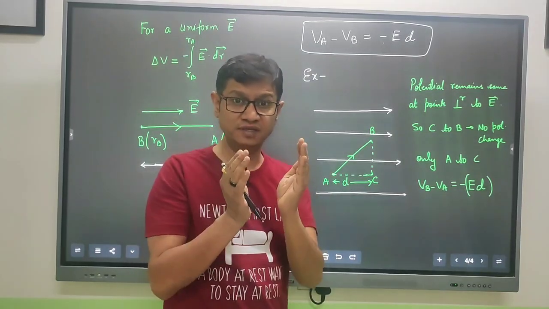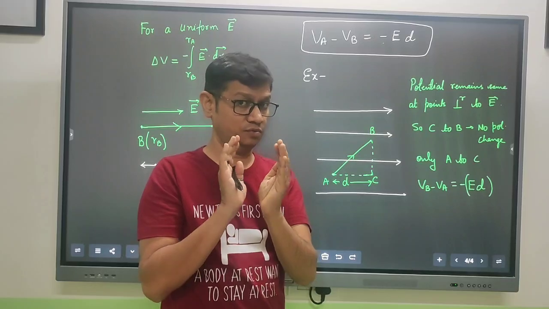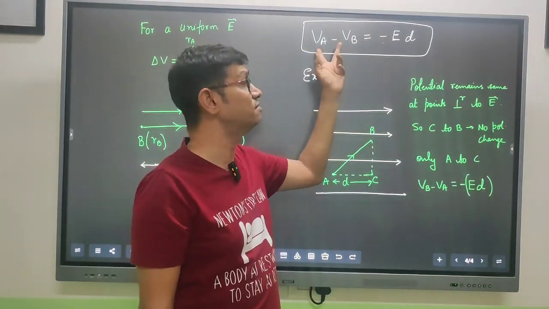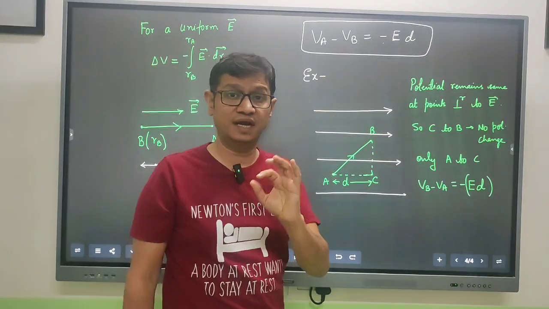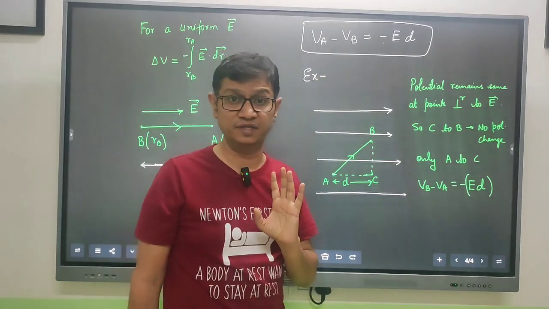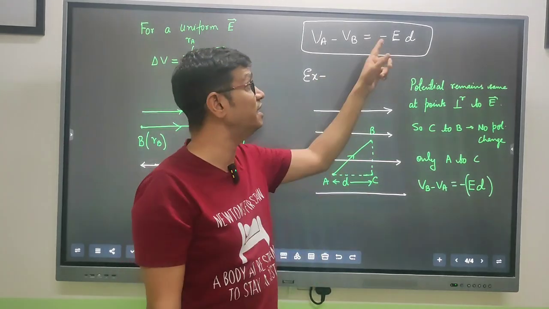So when you're talking about difference, positive and negative is not that important, right? Understand? So difference, you are mainly concerned with a value, and the value would always be E into D. आप इलेक्ट्रिक फील्ड लो, D से मल्टीप्लाई कर दो, you will get the potential difference. अगर पूछा जाए कौन सा पॉइंट ज्यादा पोटेंशियल पे है, कौन सा लोअर पोटेंशियल पे, then you have to apply